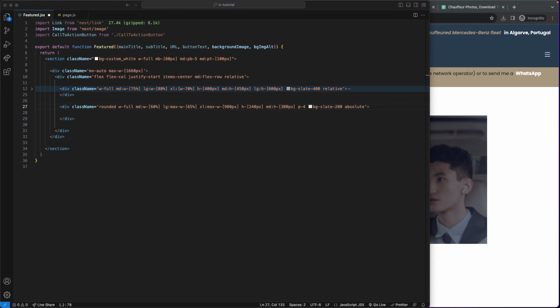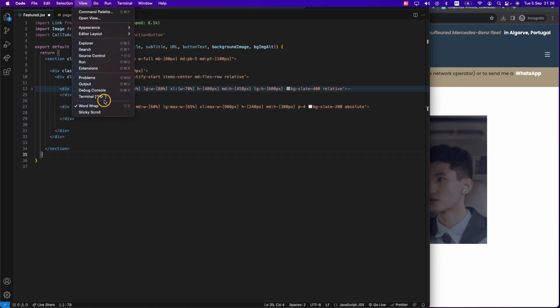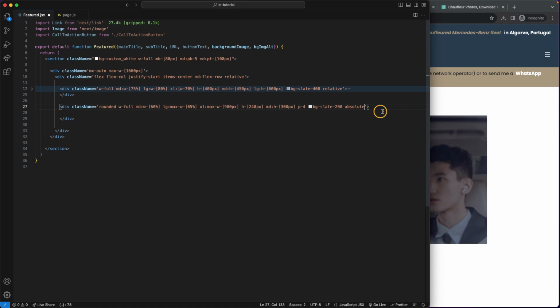I have plenty more classes to go. So I'm gonna use view word wrap. Good. Absolute. So top, it's going to be 255 pixels. On MD, I want top